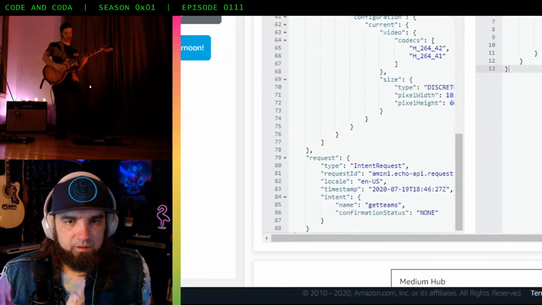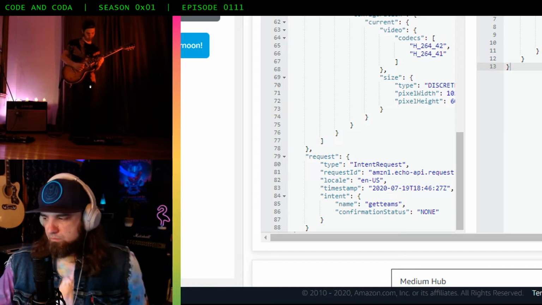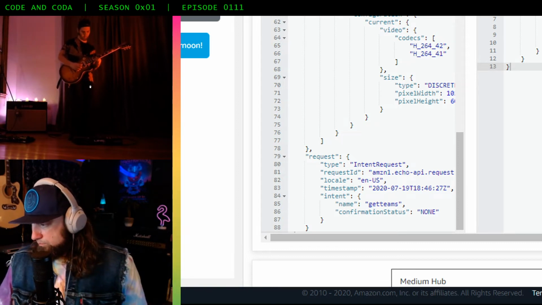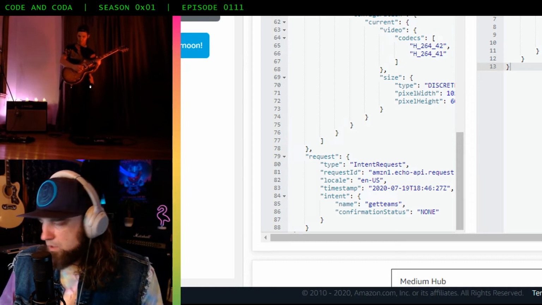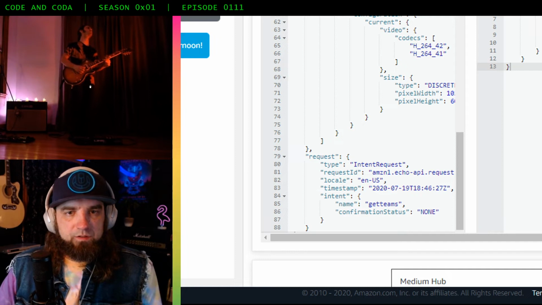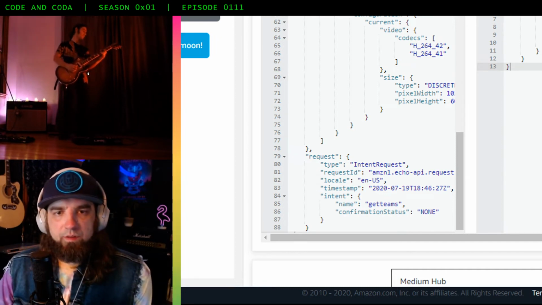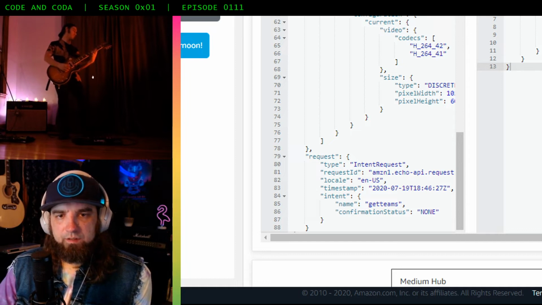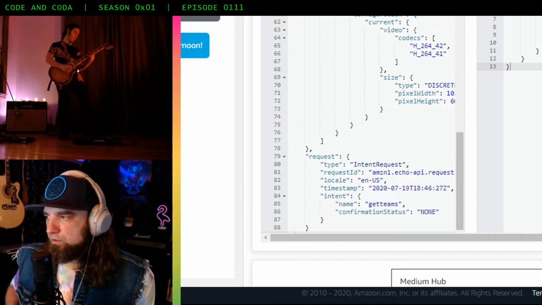You can see our JSON request. This is the JSON that's being sent to the web application, so you can see the request type is an intent request, and also sent with this information is the name of the intent that we are requesting.